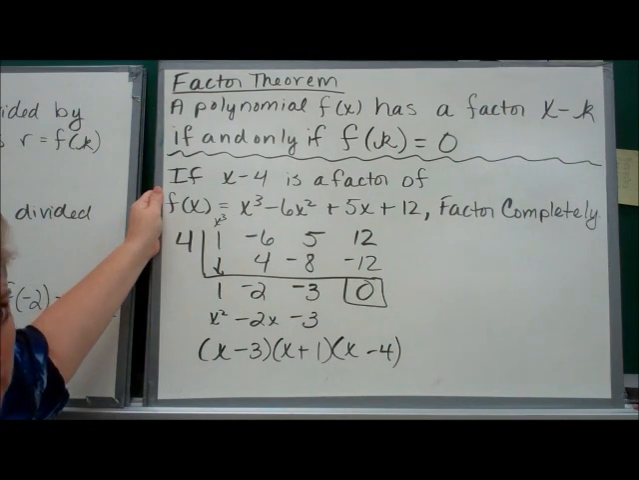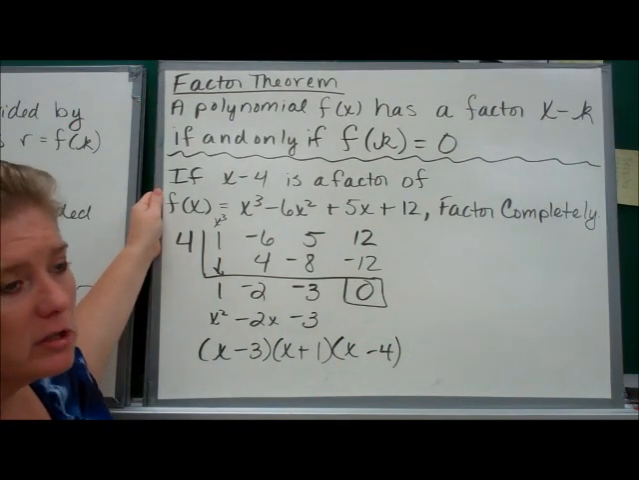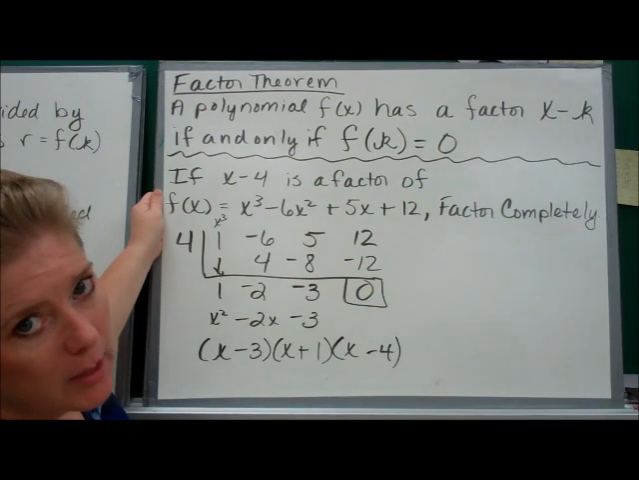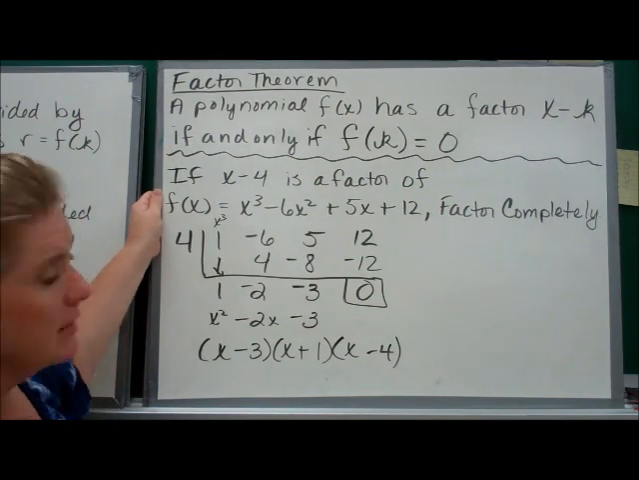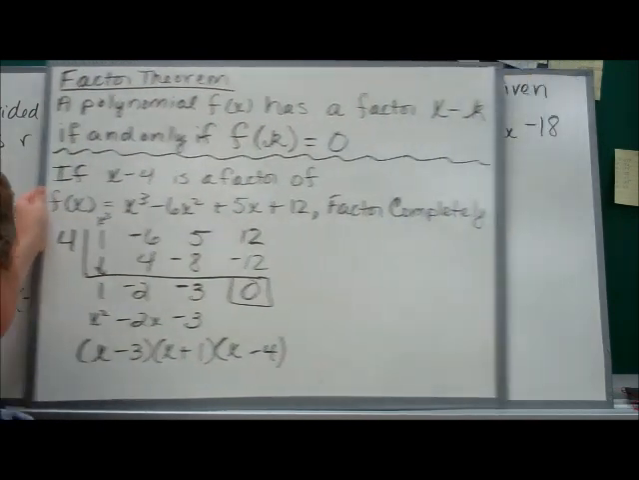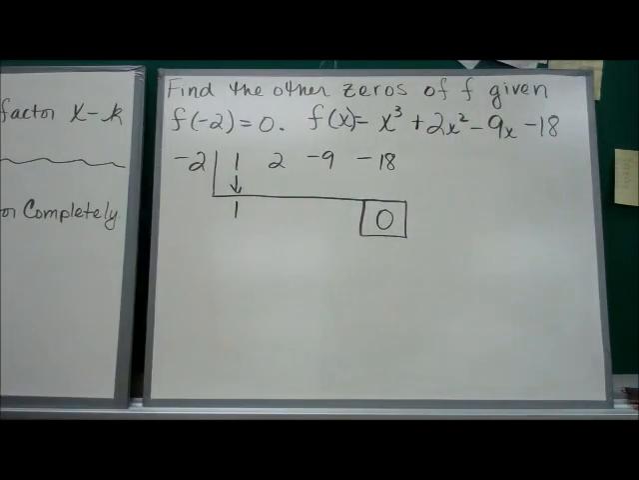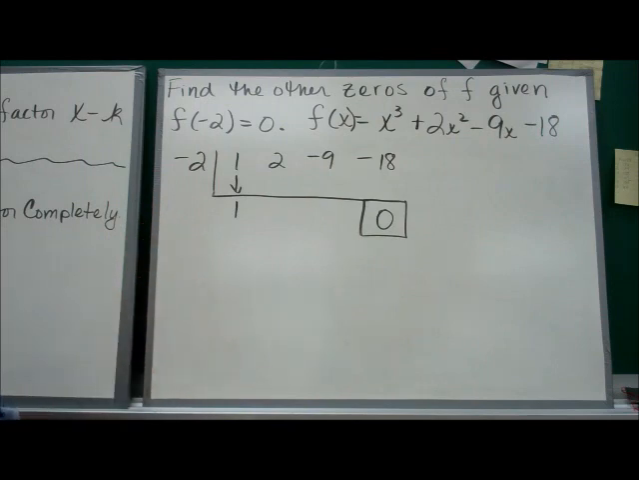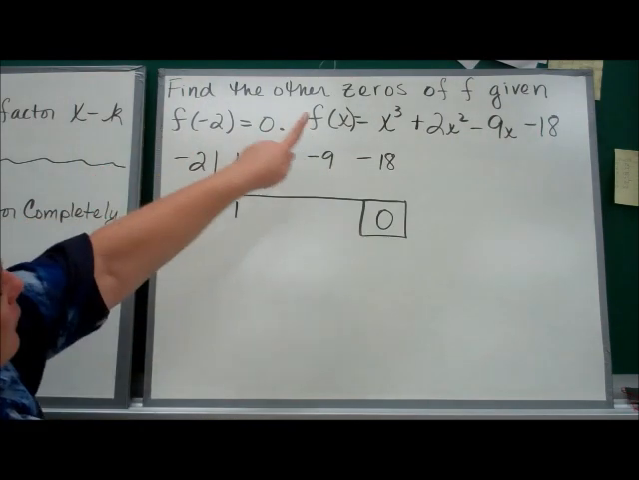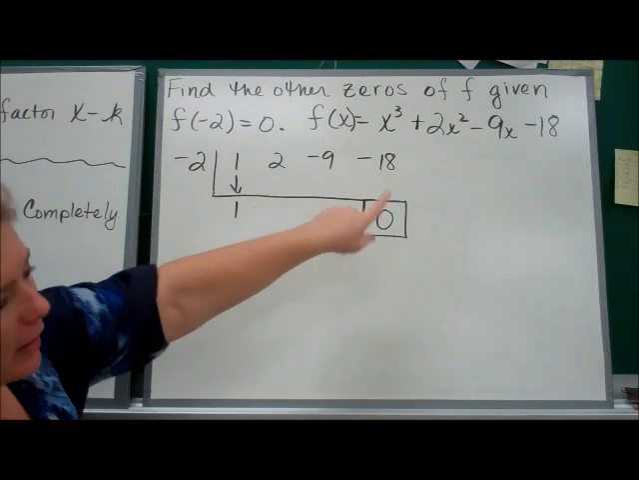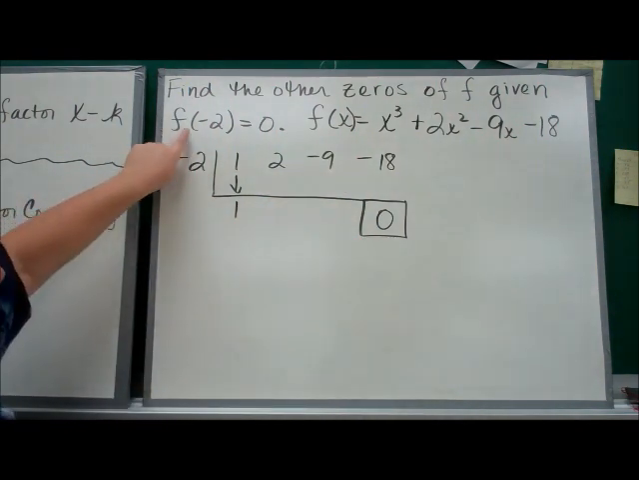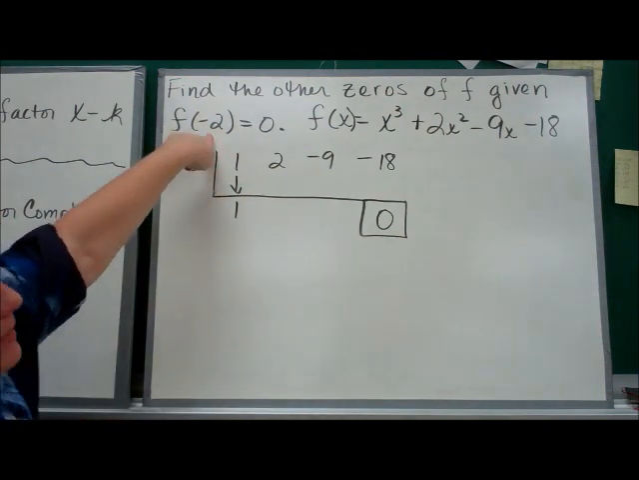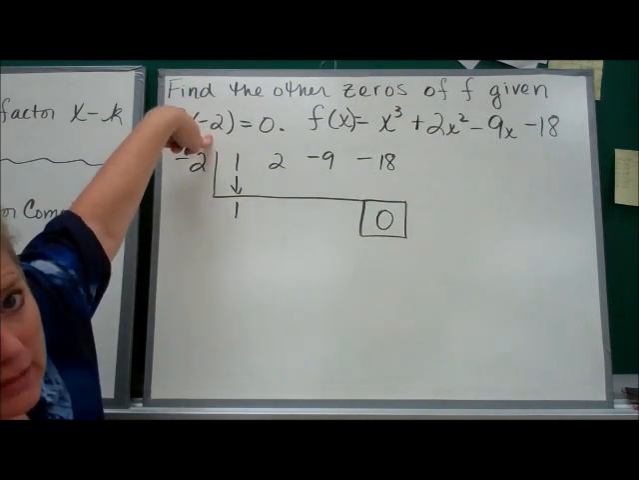How else do we use this? Well, remember, factors, solutions, zeros, x-intercepts, they're all very closely related because they're all the same thing. We're going to use it to find zeros, okay? If I tell you, find the other zeros of f, a function, given that f of negative 2 is 0, oh, that statement there means that negative 2 is a 0